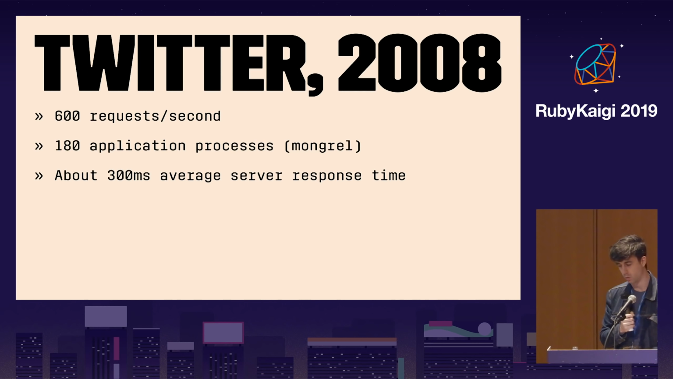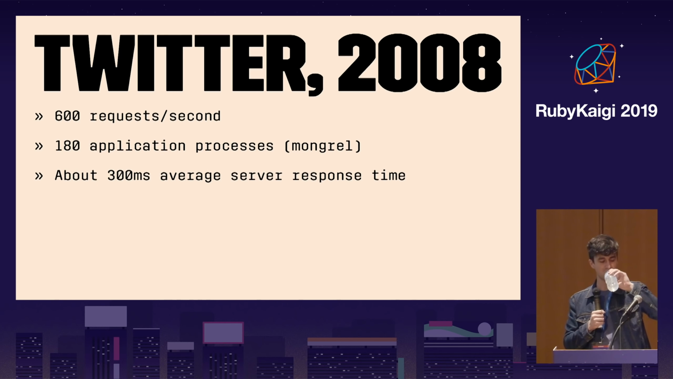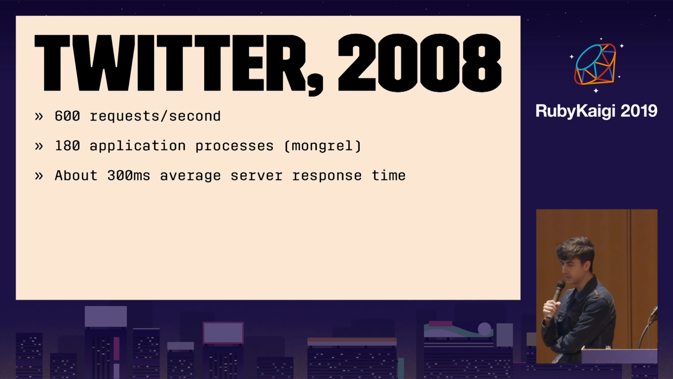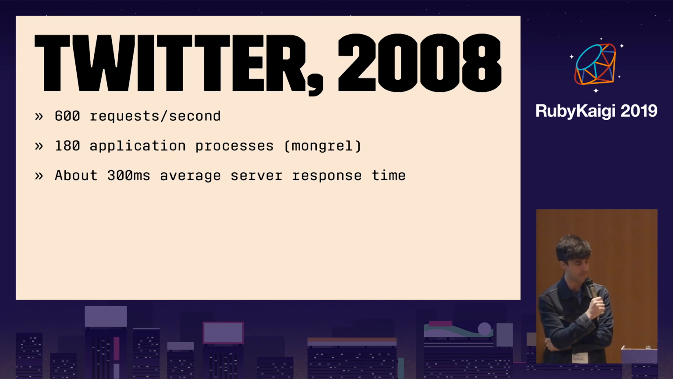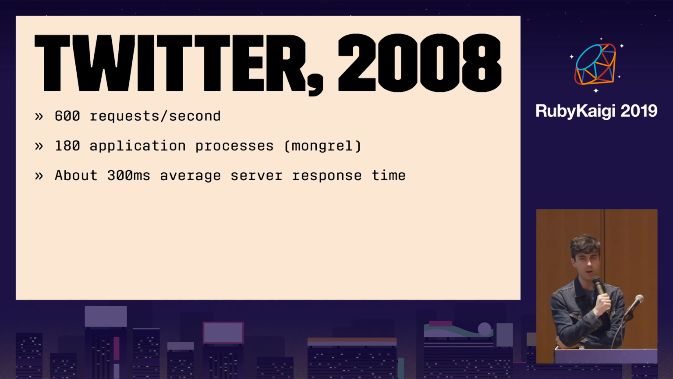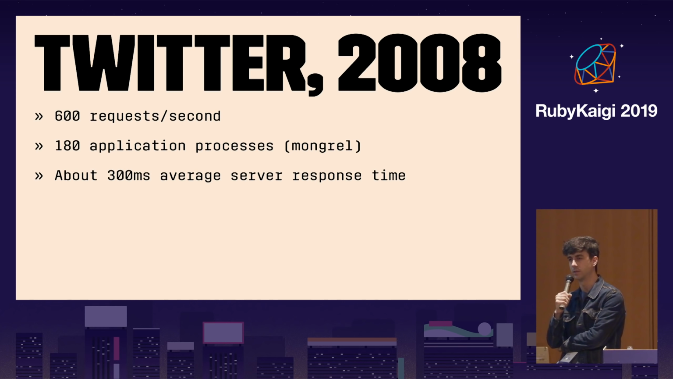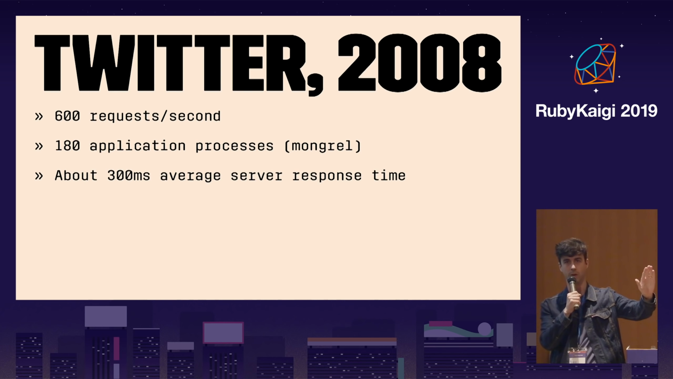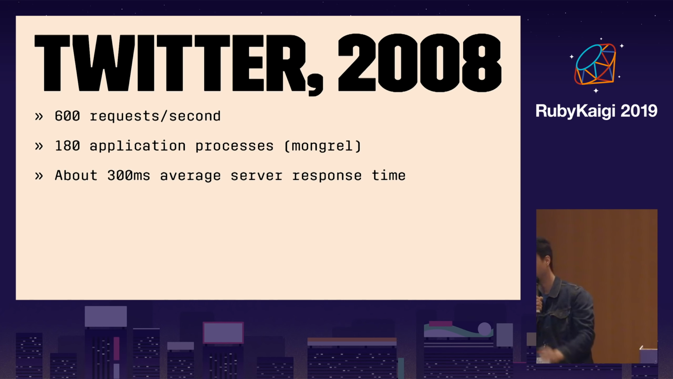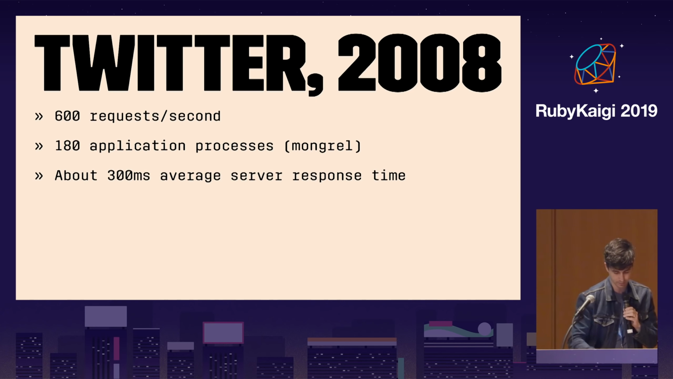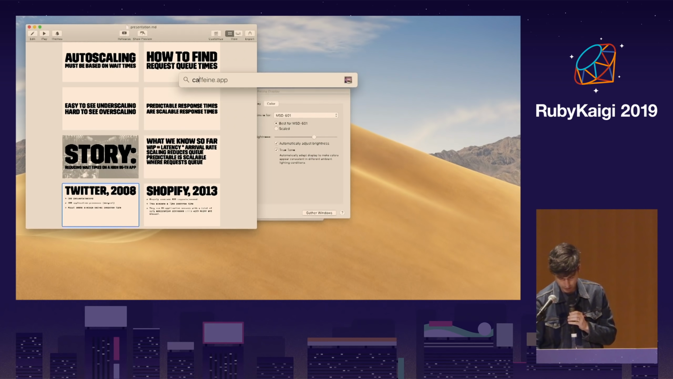Okay, so real world numbers. I found this presentation online from a Twitter engineer. It was given in 2008, and he said at that time that Twitter had 600 requests per second. They had 180 application processes across their entire infrastructure serving Twitter, okay? Back then it was Mongrel, that was all they had. And on average, they had 300 milliseconds of average server response time. So if you run those numbers,